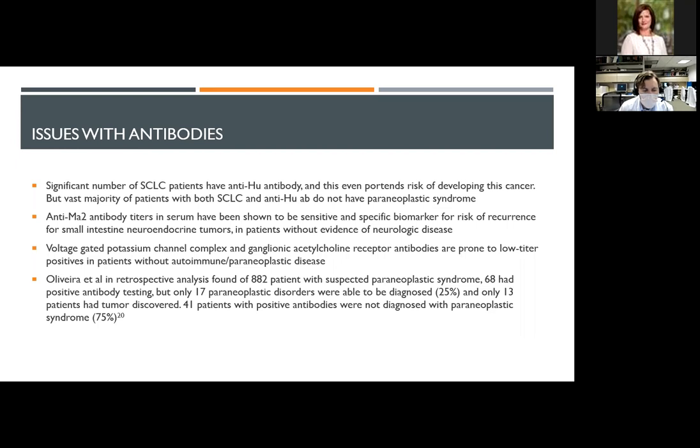But it's one of the better tests that we have, and why we have to combine the whole milieu of all of our tests to see what makes the most sense, and if we can rule anything else out, to get a best idea of what's going on with the patient. But it's certainly very challenging to be confident that someone has a paraneoplastic disorder instead of just ruling everything else out and trying steroids.